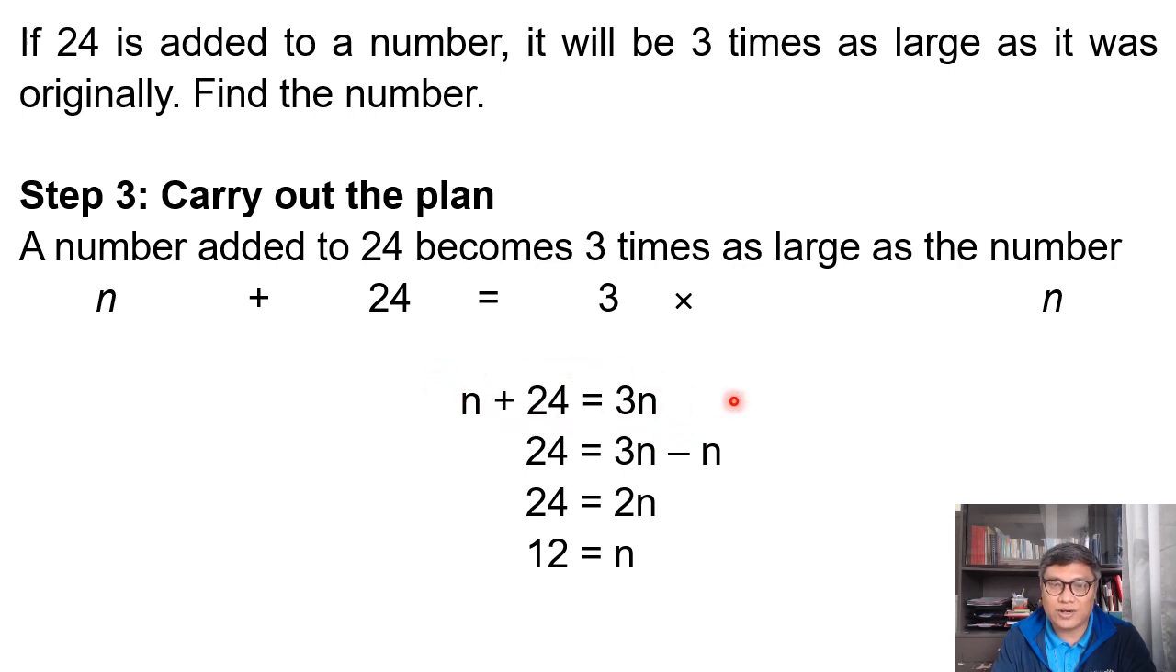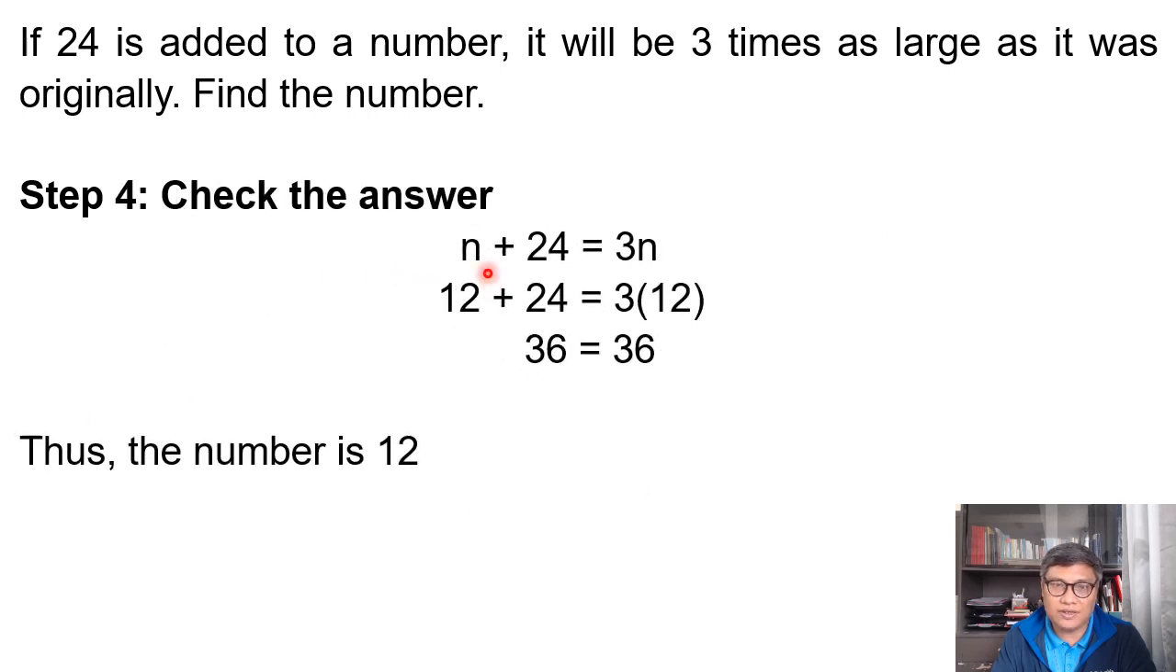Then we can solve for our n. So n here will be transposed to the other side, becomes negative n, and 24 equals 3n minus n, which is the same as 24 equals 2n. Then divide both sides by 2, so n is equal to 12. Then what is again your n? So your n is actually your number that we are looking for. So if n